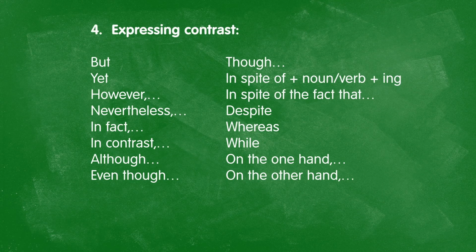Now, to express contrast, we can also use the following words and expressions to show that things are different. For example, I can say "but," "yet," "however," "nevertheless," "in fact," "although," "even though," "though," "in spite of," followed by a noun or a gerund, "in spite of the fact that," "despite," "whereas," "while," and "on one hand" and "on the other hand." But there are a few things that I want to bring your attention to with these